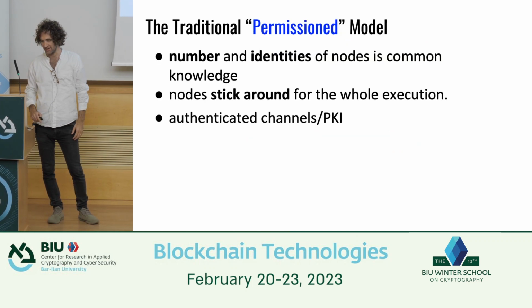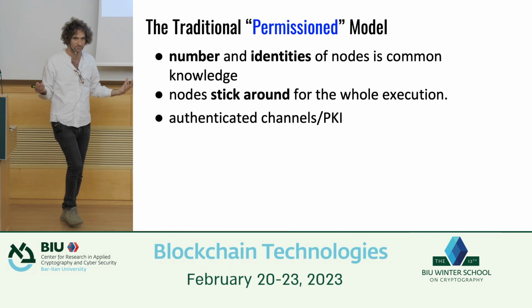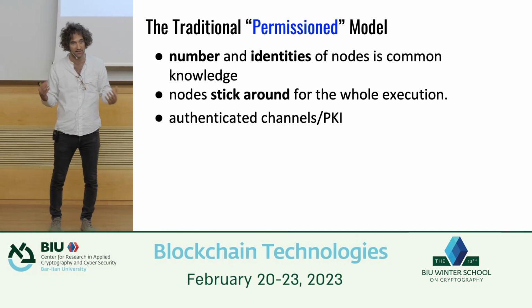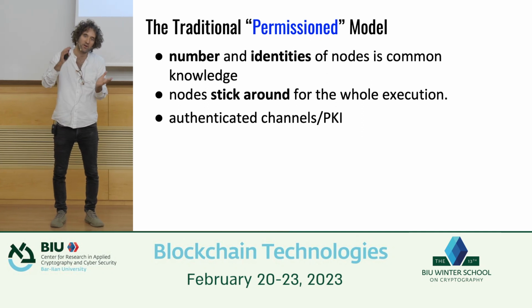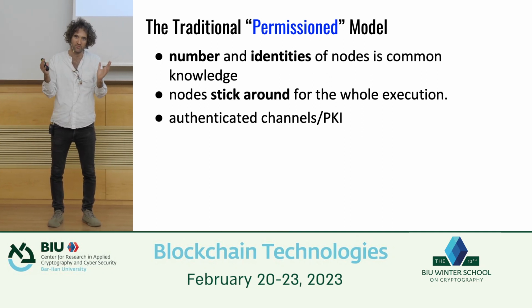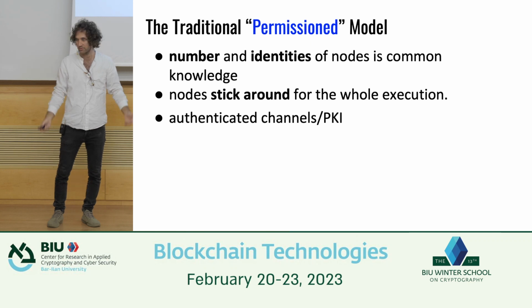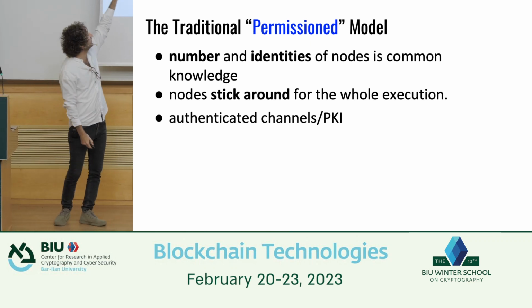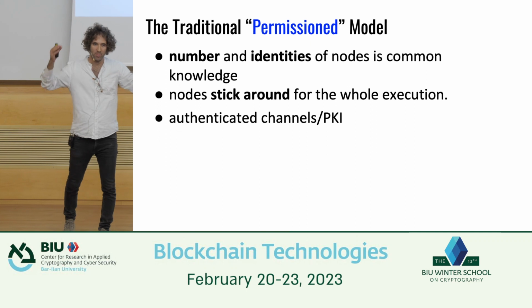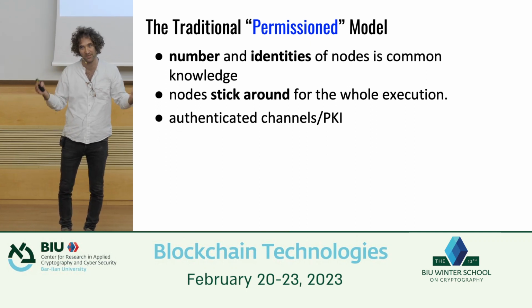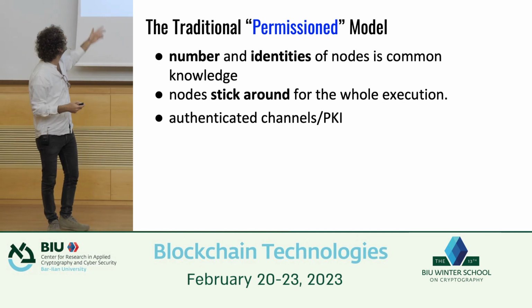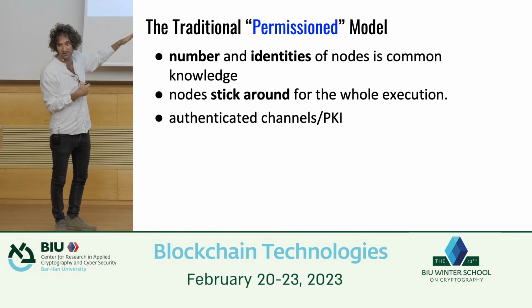Okay, so that is the classic model, and that has been studied since at least the 1980s. Let me now point out some really crucial features of this classical study of consensus, or what they call permissioned blockchains. The first one is, we typically have a small set of players. Okay, we have 10 nodes. Let's say even 10 is pretty big for these protocols. And the number is fixed.